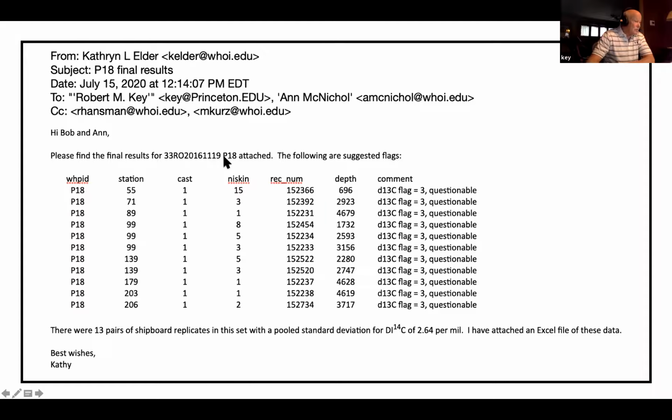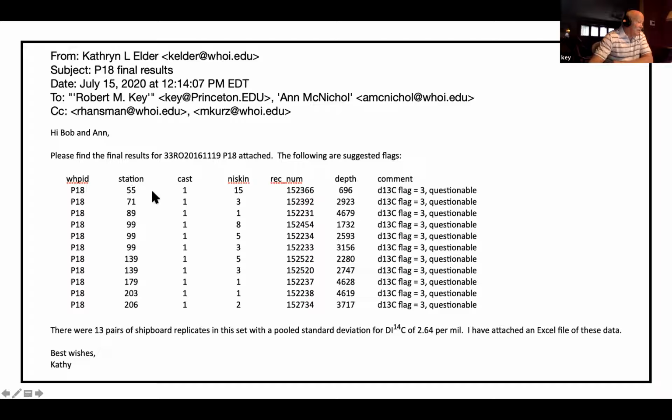And P18 is the north-south section in the eastern Pacific that terminates on the north end, I think, into Mexico. So Kathy sent me this after they had finished making all of the measurements, and in this case, she is pointing out a subset of the samples listed that, in the opinion of the lab, had questionable results. Now, you'll see in the next slide that she does not provide flags to me. The only other important thing to note from this, and I would recommend that everyone adopt this if you're not already,